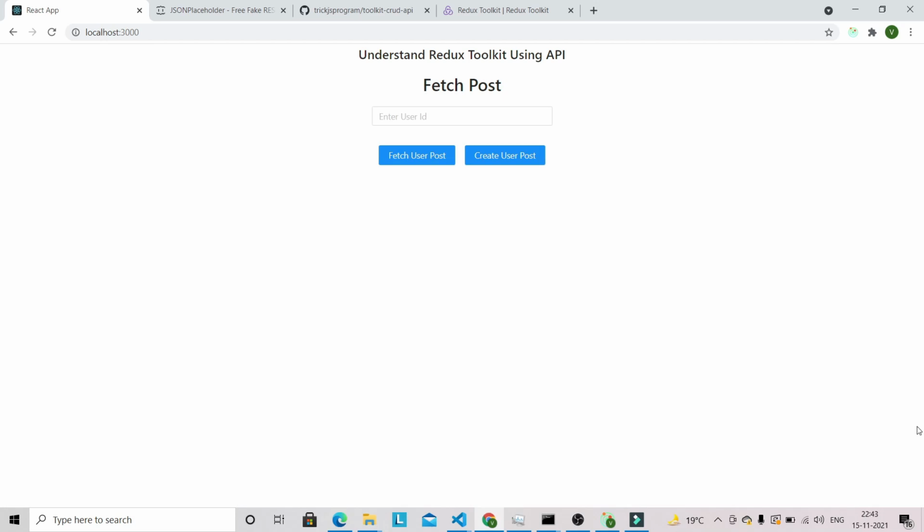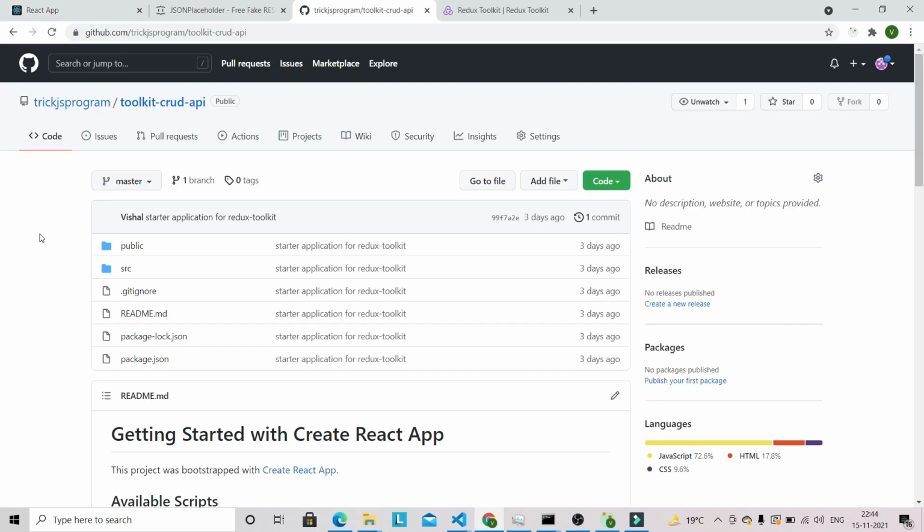In Redux Toolkit, Redux Thunk is included by default, allowing createAsyncThunk to perform the asynchronous task. Our main aim is to learn the concept of Redux Toolkit. That's the reason I have provided you the starter application for today's video, so that you can start writing code with me, and I will explain more about this repository later.